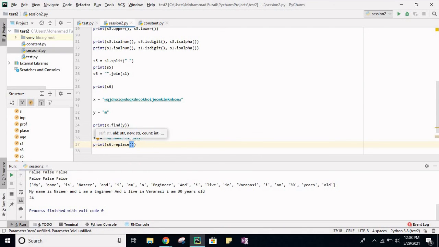Adil, the name. The first argument will be the name or the set of characters which you want to replace. I want to replace Adil. With which string do I want to replace it, let's say Anas. So in place of Adil I want to add Anas in this string. So this replace function will replace a set of characters with another set of characters. The set of characters which you want to replace will be passed as the first argument, and the set of characters which you want to be there as the replacement will be the second argument.